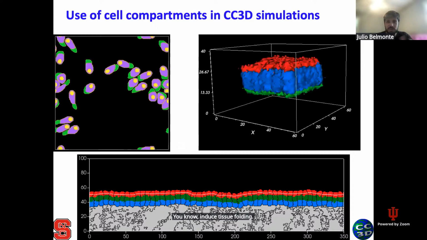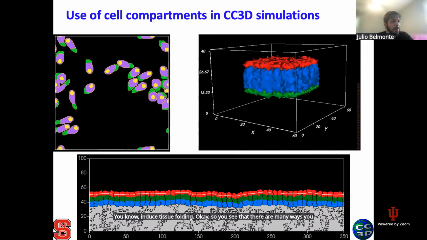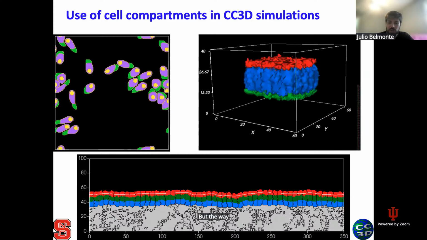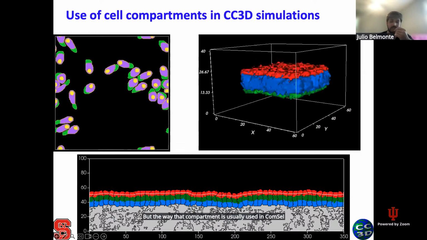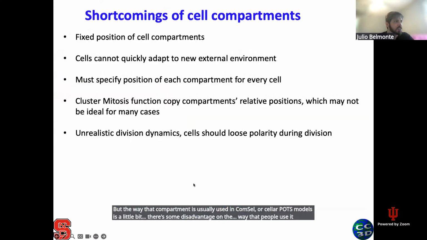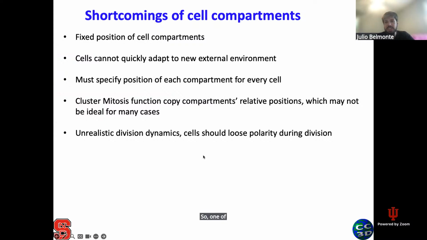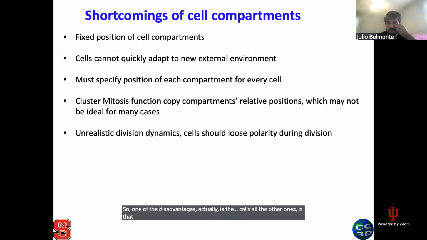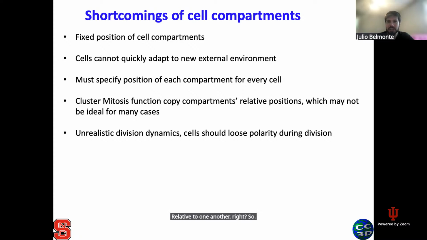Okay, so you see that there are many ways you can use compartments, but the way that compartments are usually used in CompuCell or cellular Potts models has some disadvantages. One of the disadvantages, which is actually the cause of all the other ones, is that when you do this compartmentalization, you assume there's a fixed position of all the cell compartments relative to one another. So usually you add the apical side on the top, the basal side on the bottom, and the central core in the center, and the cell will tend to stay like that,